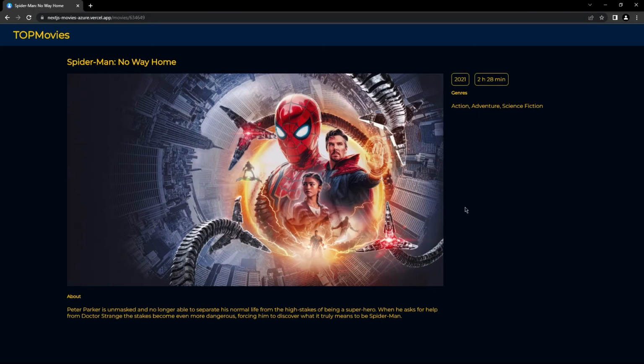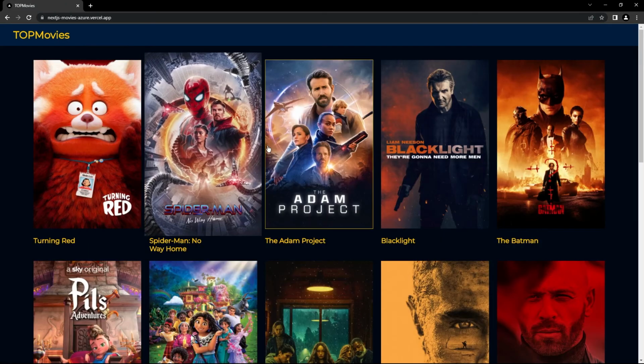This is the desired result of how the movie page should look. We have a landscape image of the movie, its description, as well as the year it was released, its length, and its genres. There's also a button to go back to the home page. Awesome, let's start